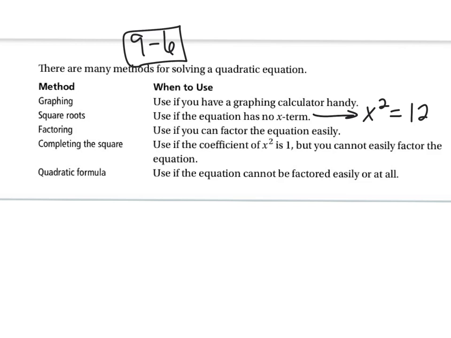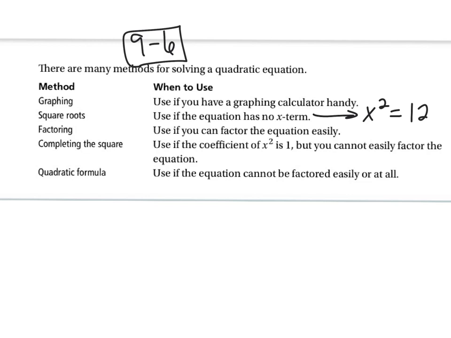Completing the square, we can use if the coefficient of x squared is 1, but you can't easily factor the equation. So the idea there is that if there's a number in front of the x squared and you have to divide everything, like if it's 17x squared and you have to divide everything by 17, that's not going to come out nice at all. You're going to have all kinds of fractions and stuff. That's probably not going to be the easiest way. If there's not a number in front of x squared where you don't have to divide, you do have that option, completing the square. And then the quadratic formula says we can use that if the equation cannot be factored easily